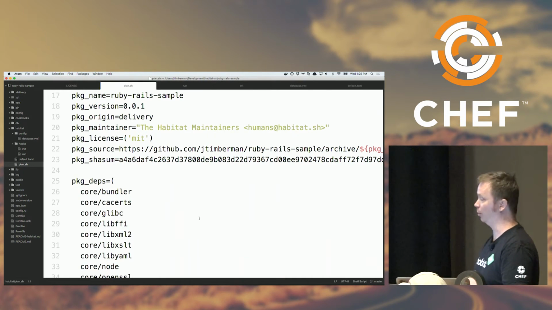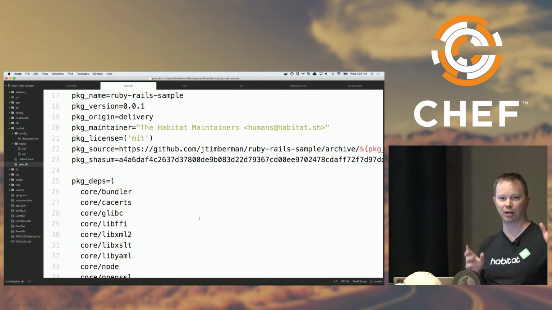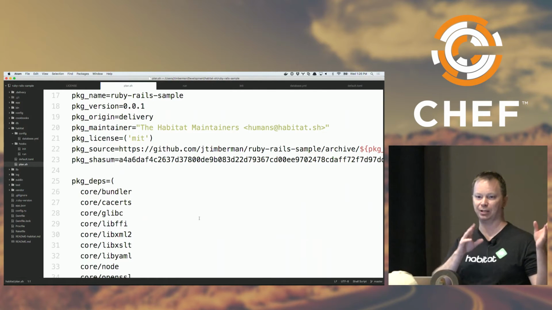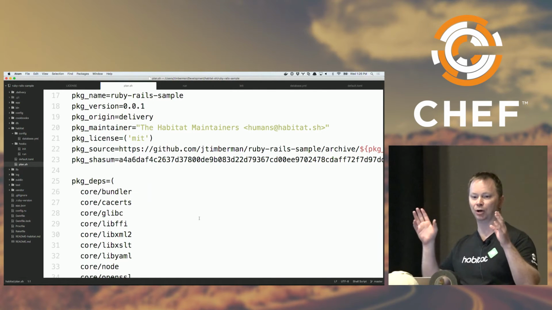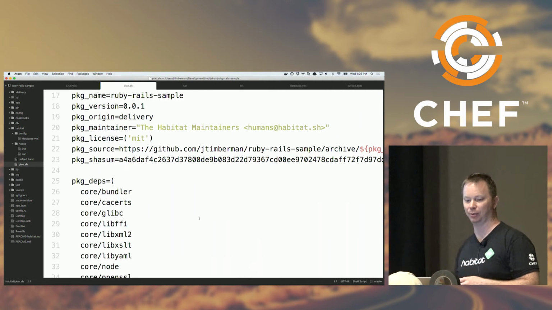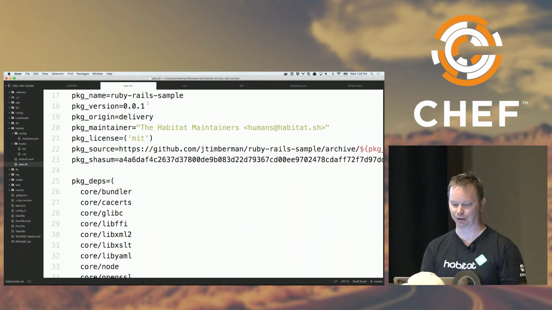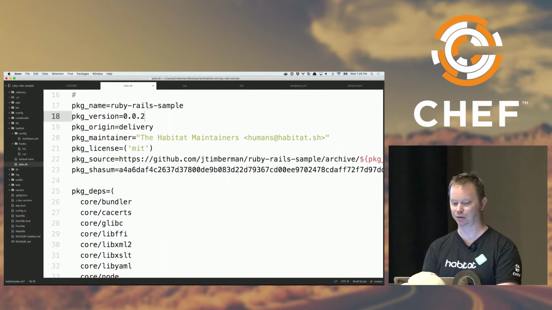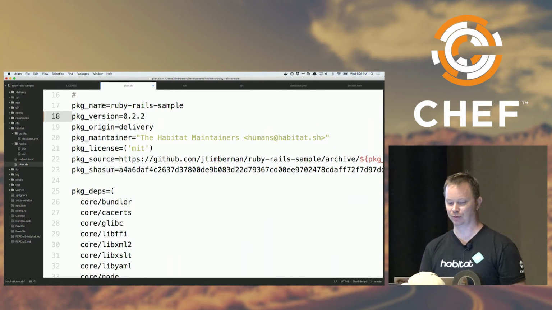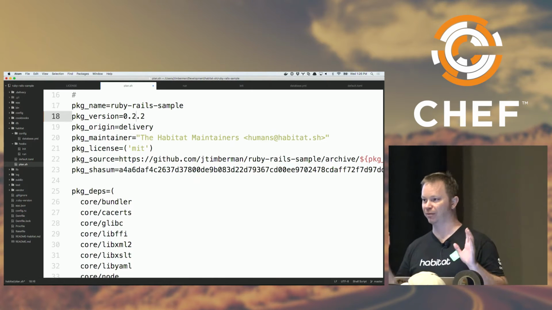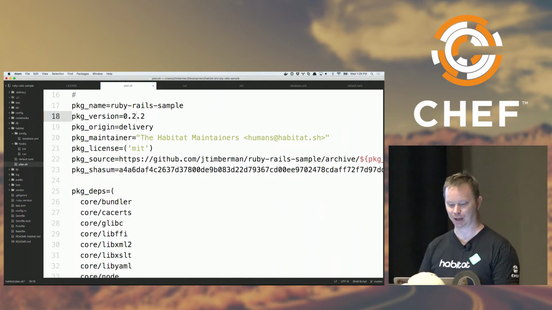So the package name is ruby-rails-sample. Remember we saw core/hab; we would see core/ruby-rails-sample. The package version is 0.0.1. I could change that and make it 0.0.2, or 0.2.2, whatever my versioning scheme for my application is going to be.